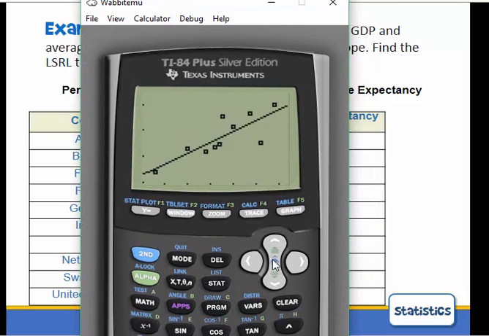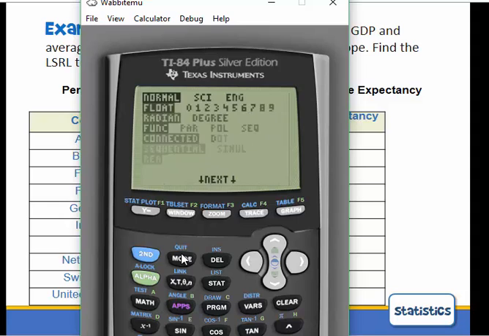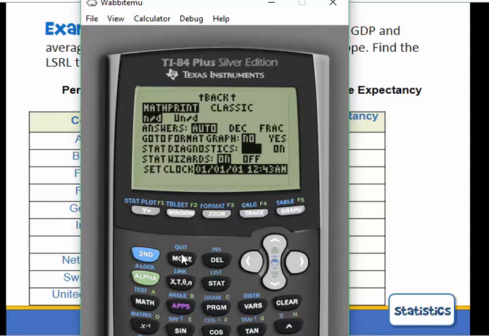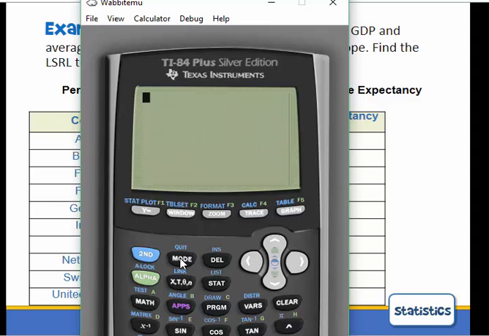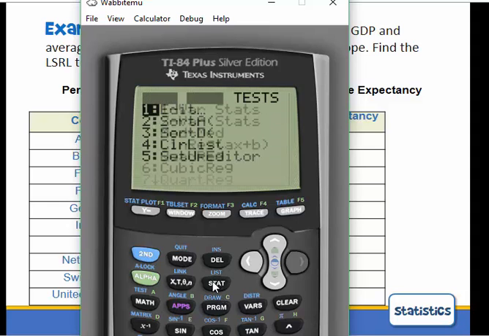Some of you may be seeing some extra numbers. Your calculator by default has diagnostics turned off. It's a lot longer to turn them on in the older version of the calculator, but in the newer one you can go into the mode and go down, and it has stat diagnostics off and on. By default they're off. I'm going to turn them on just so you can see. And then I run it again,